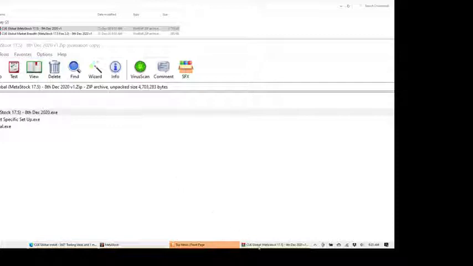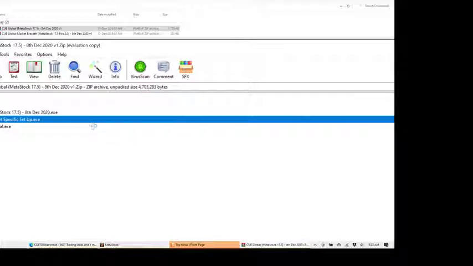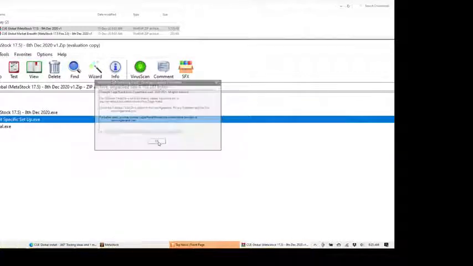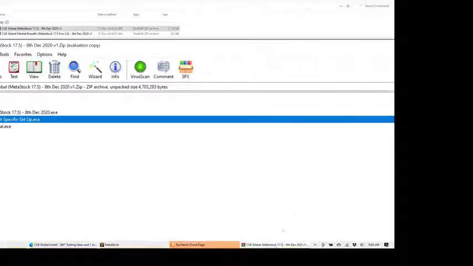Q Global is installed. I'm going to now run the market specific settings indicators, override. That is done. I'm going to close this,